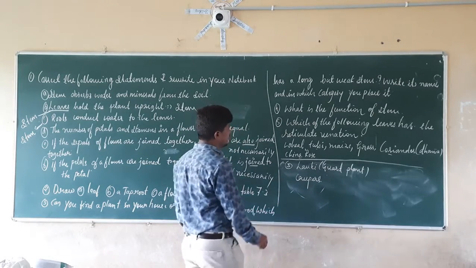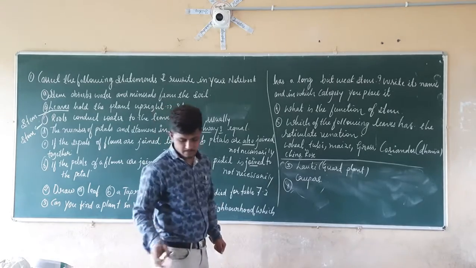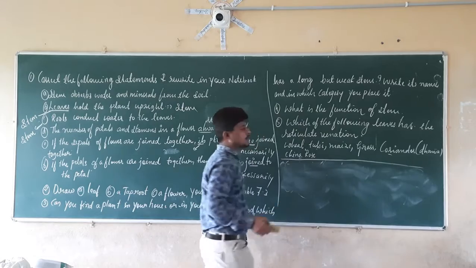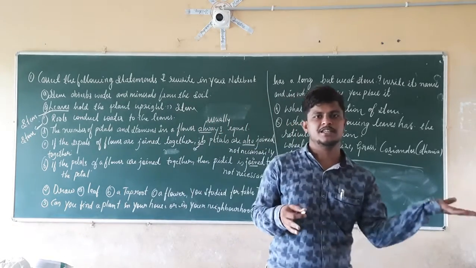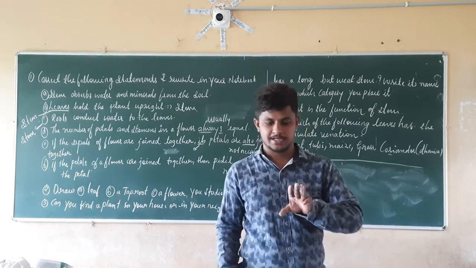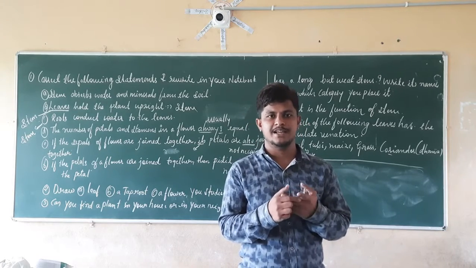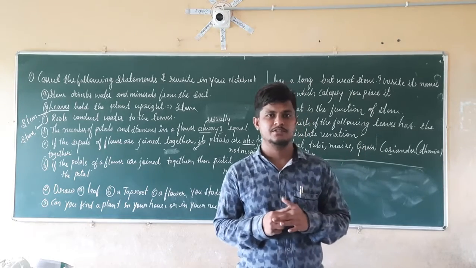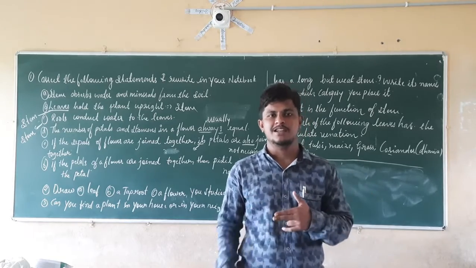So next, main question number 4. What is the function of the stem here? What do you mean by the function? Function is nothing but what type of work is going to be done by the stem. We already know that it does three main works. The first work is to transport water from the root to the leaves. Water and minerals are transported via the stem to the leaves.